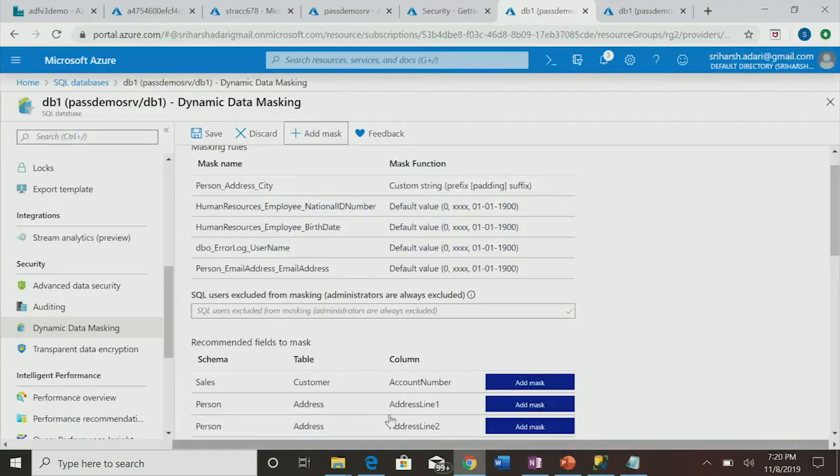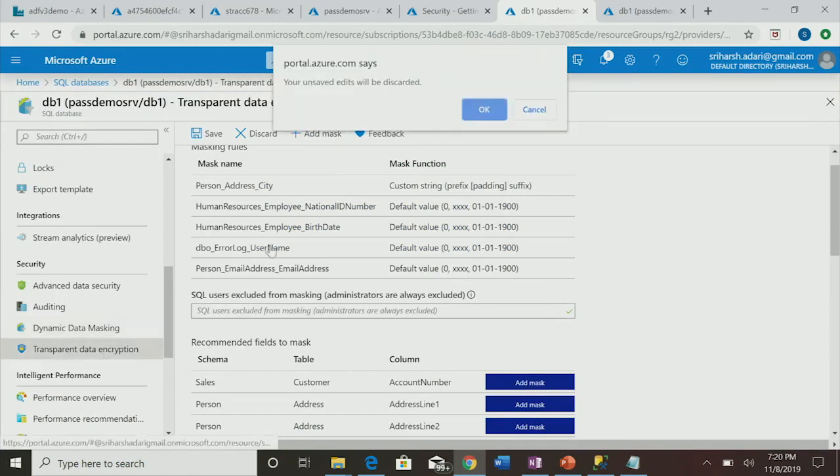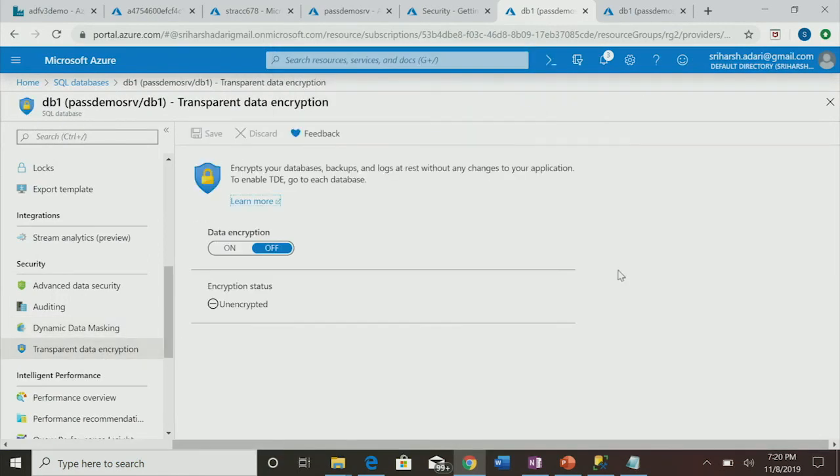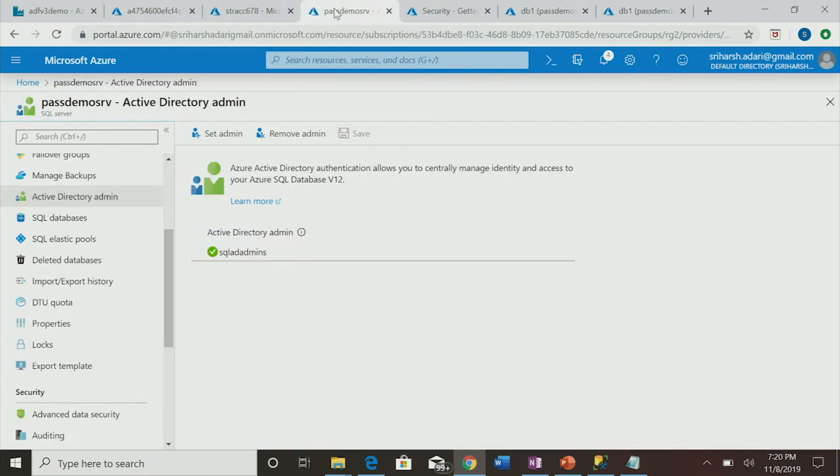So that's about dynamic data masking. Transparent data encryption: again, as I told, this has got nothing to do with hashing. Columns are not hashed or anything. It will encrypt your database, it will encrypt your logs, it will encrypt your backups. That's what it basically encrypts. You can have it on or off. And this is at the database level, but one other thing, if I open TDE at the server level, what you could do is,